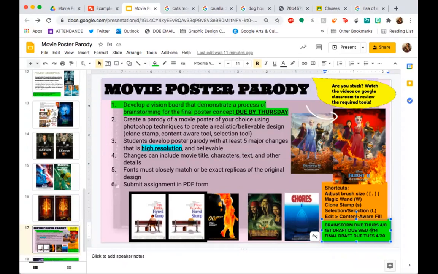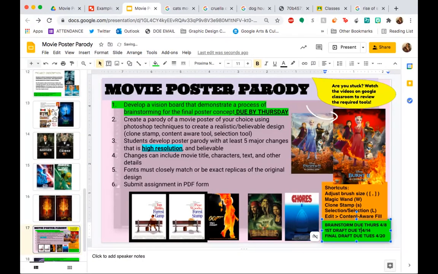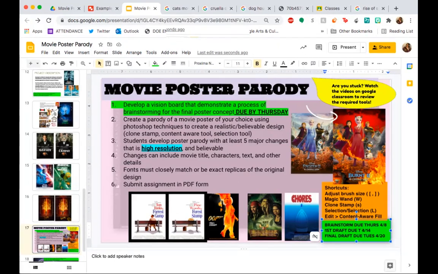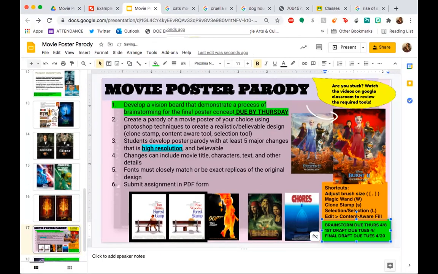Okay. I think I'm going to push the first draft to Tuesday, because it's going to be a lot of work. Okay, so first draft will be Tuesday. Does anybody know the date on Tuesday next week? Let's look at my calendar. It is the 20th. Okay. And then we can push the final draft for the following week, for the 26th.